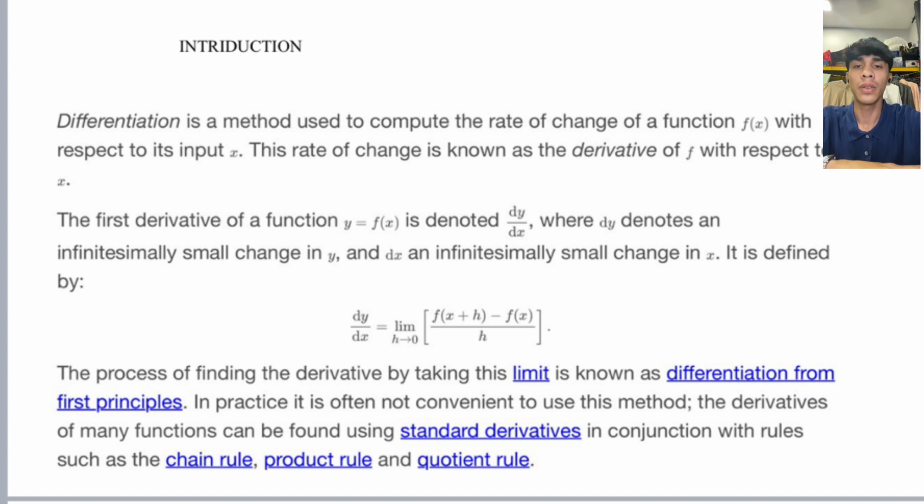Introduction. Differentiation is a method used to compute the rate of change of a function with respect to its input x. This rate of change is known as the derivative of the function with respect to x. The first derivative of a function y equal to f(x) is unique